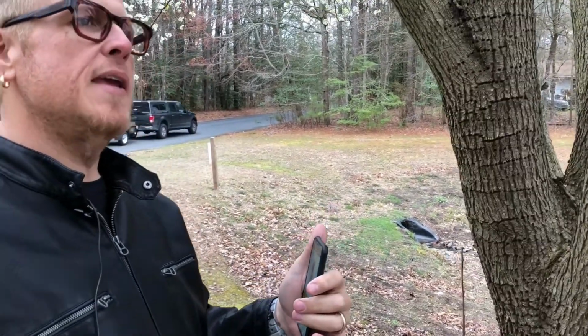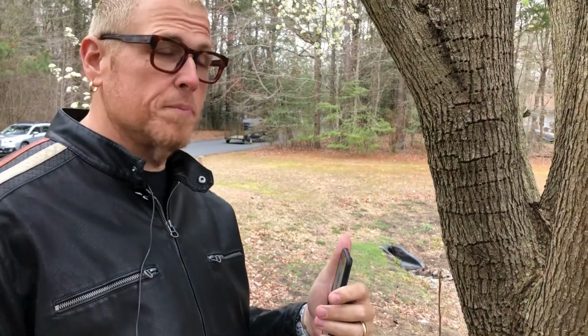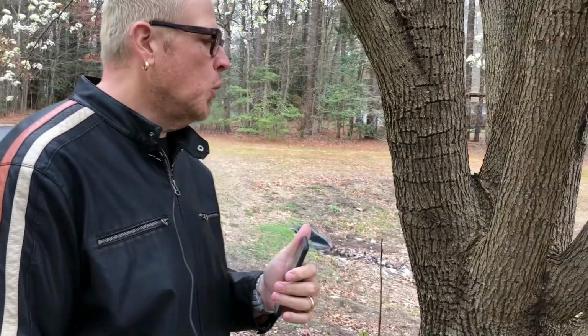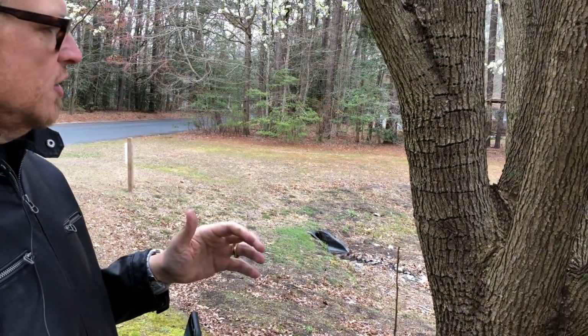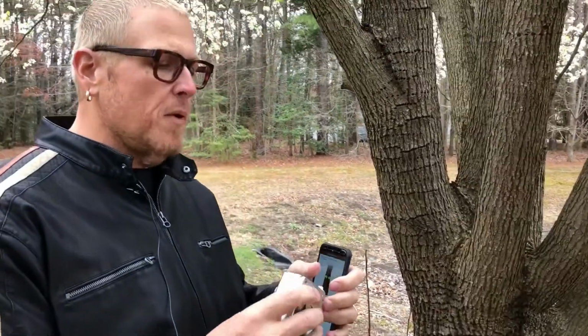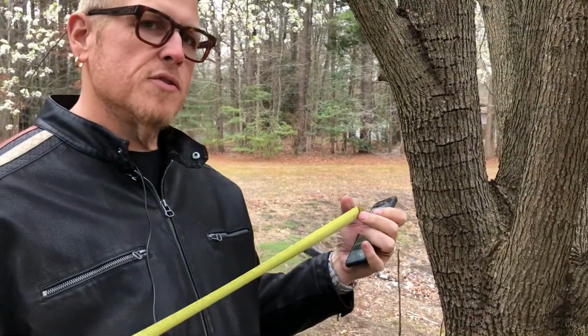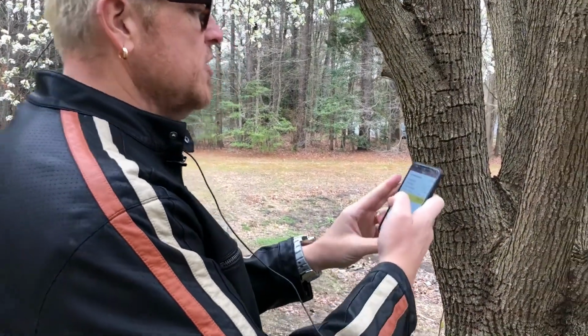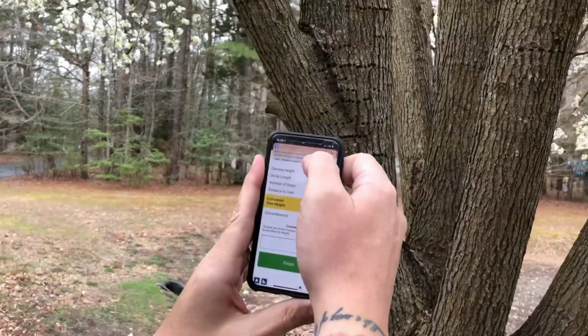If you happen to be on an area that's very sloped, like you're walking uphill to the base of the tree or you're walking downhill to the base of the tree, what you can do is pull out that tape measure, and from where you took the observation originally, you can measure the exact distance from the location of where you were standing to the base of the tree. And then you can put that information in this section.